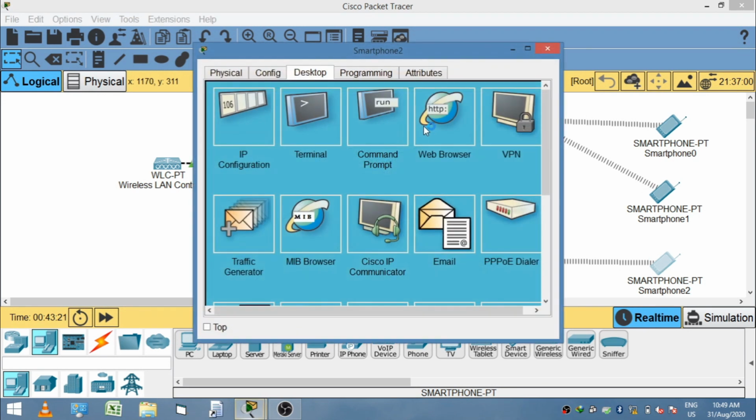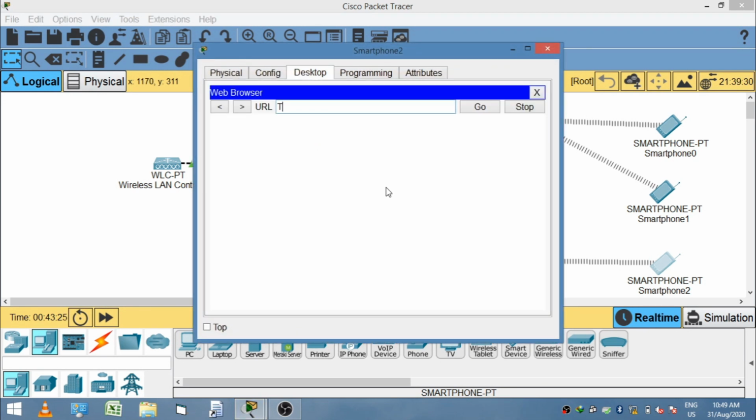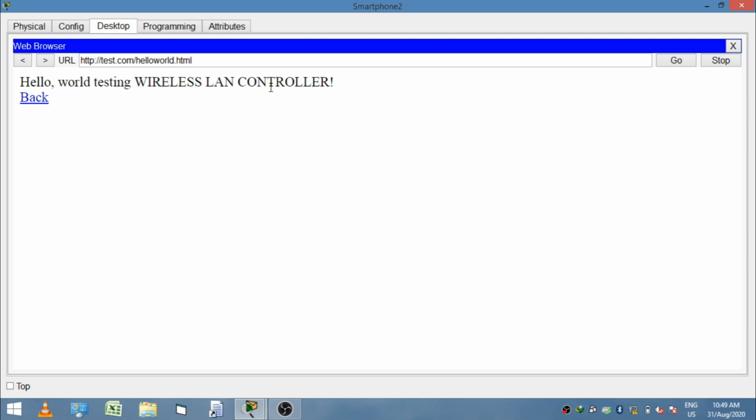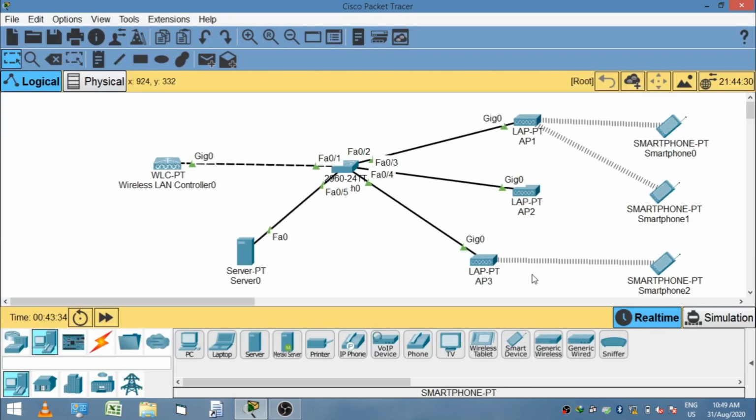Now see the result. Go to the smartphone PT desktop tab, go to the web browser tab and write test.com and click on go. See the result which I wrote in the DNS server. It reflects the result.